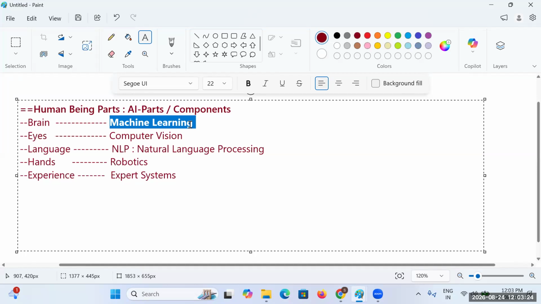If I go with the perspective of machine learning, it can go through these steps.